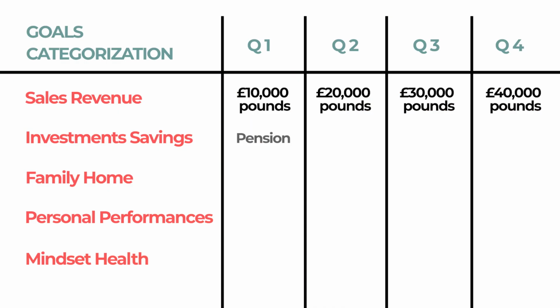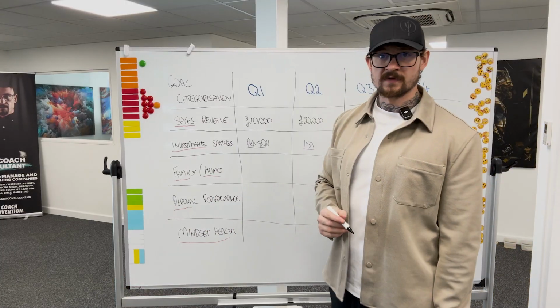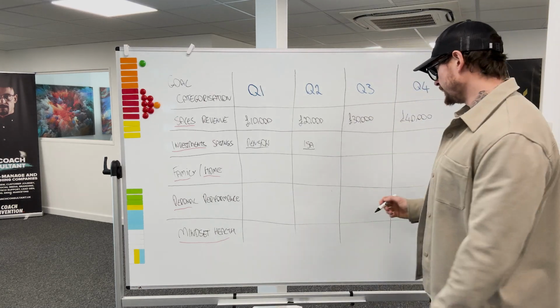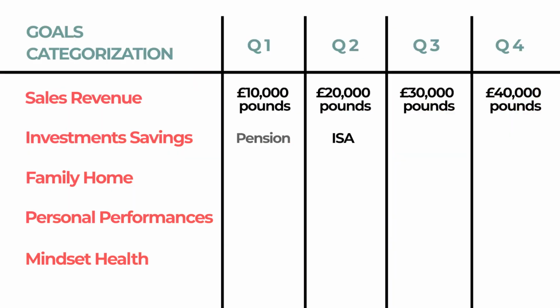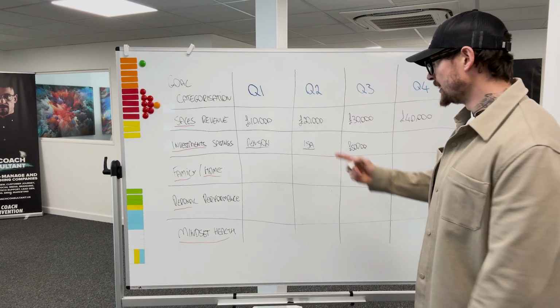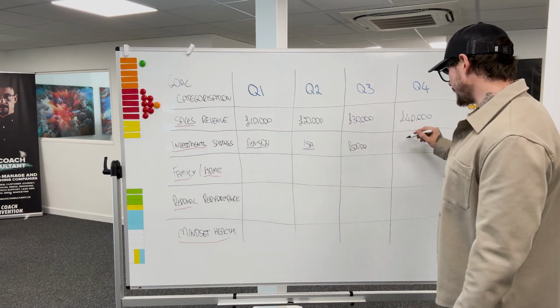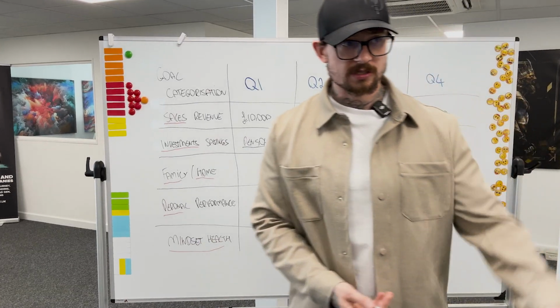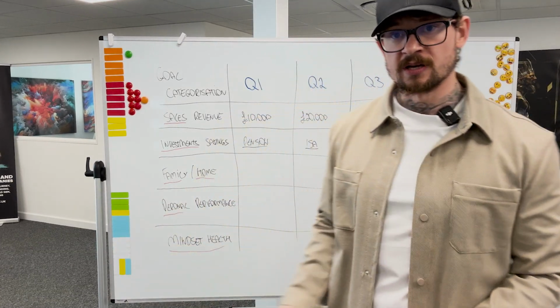Sweet, from that point, I'm going to be moving in and we start getting an ISA set up, which is obviously going to be another great investment to top up and make sure that you are pushing stuff into that. And then finally, from that point, you can have personal savings. So right, at this point, once I've got that, I'm going to start saving £500 a month for myself personally. When you've then got savings, at the end of the year, I want to make sure that I've got £5,000 saved because I want to buy X or do Y or go on holiday or whatever it may be.